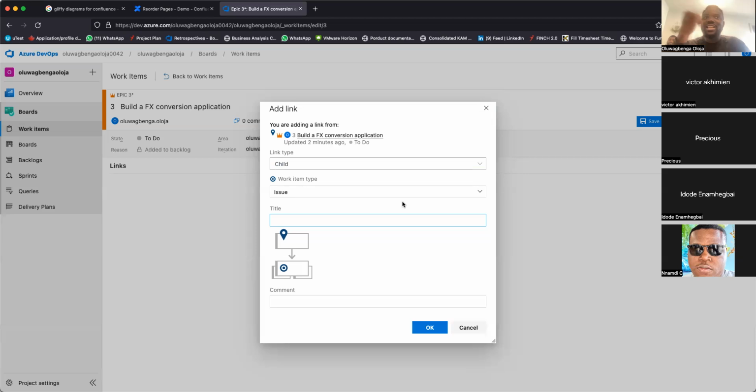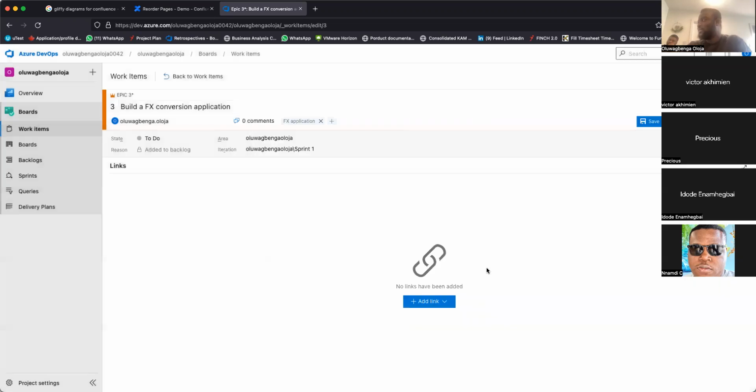But the idea is there's user story, there's feature, there's epic, and the hierarchy I've already explained earlier. So for this one, let's just do one user story. Or let us link an existing user story. I think I created one user story earlier, right? So to do that, add link, existing.